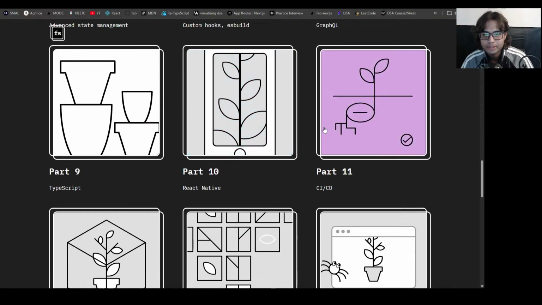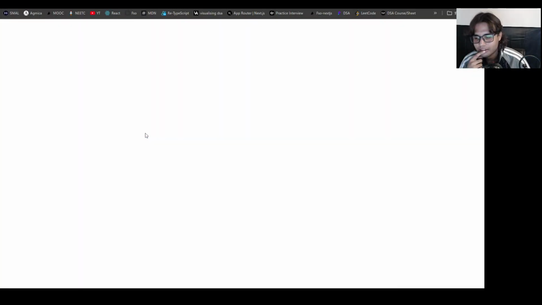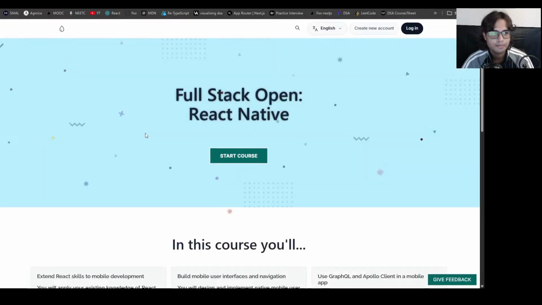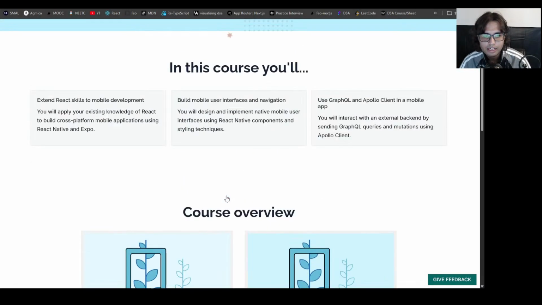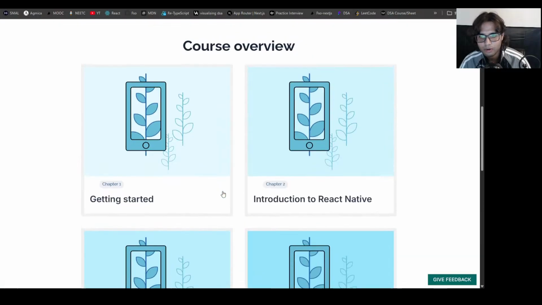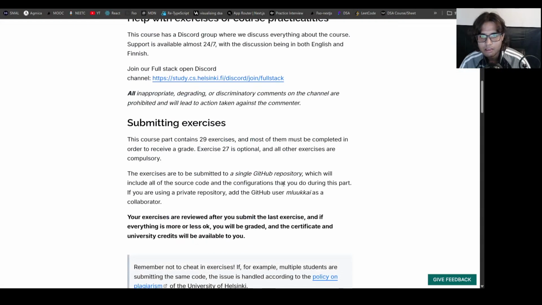React Native. Wait a minute. Like, what's React Native? You can still access the old content over here. I'd like to go to the new material. I'd like to see that first. How does it look? Like, how does it look? The code. Like, has the similar